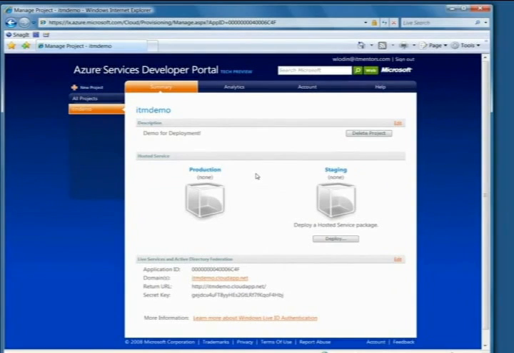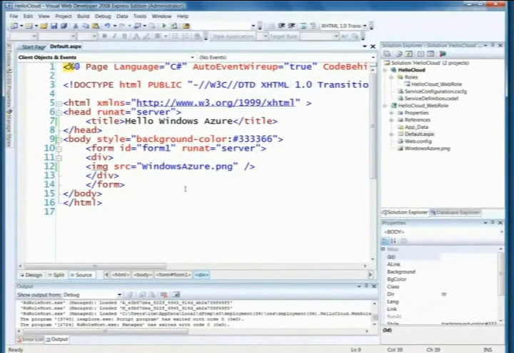At this point, we have an empty project into which we can deploy a Windows Azure application. Now, to make deployment a little bit easier, I'm going to go ahead and copy down the application ID. The application ID is simply a unique value that's been given to each project. So now let's open up Visual Web Developer Express, and we have a cloud service that's already been built and